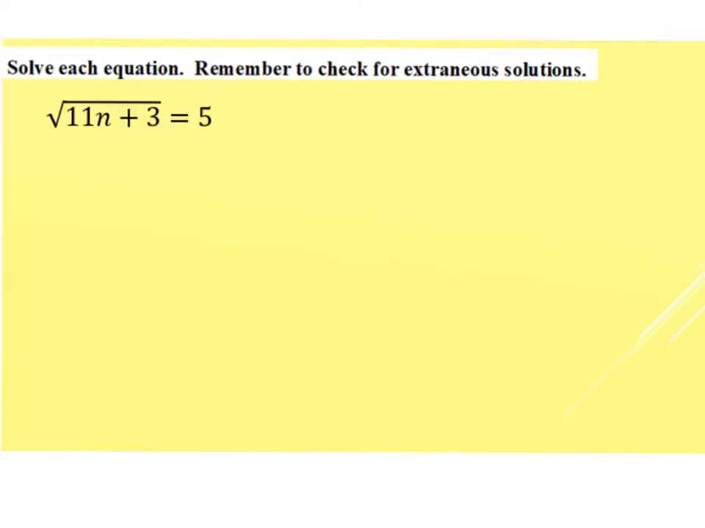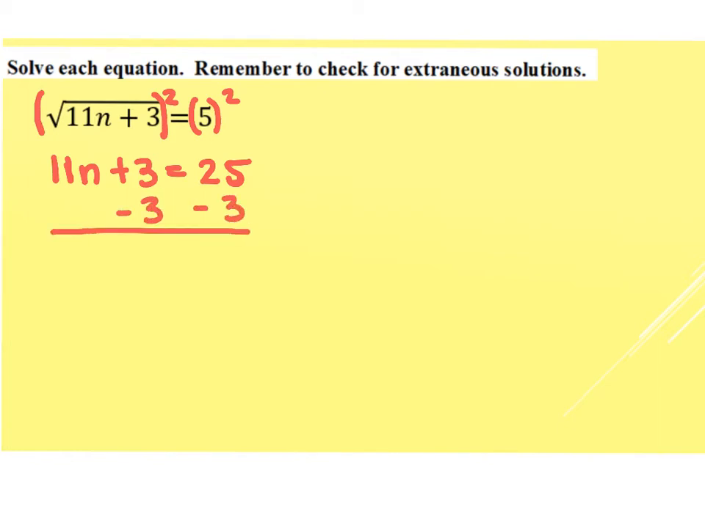In our next example, again, since the square root is already isolated, we're going to start by raising both sides of the equation to the second power. Now, if I raise the left side with the radical to the second power, it undoes the radical, so it becomes 11n plus 3, and 5 squared gives you 25. Now, to solve for n, you're going to solve like any other equation. You would subtract 3 from both sides to get 11n equals 22,